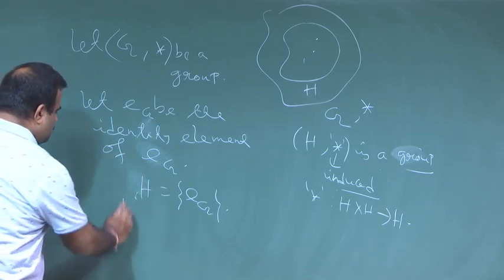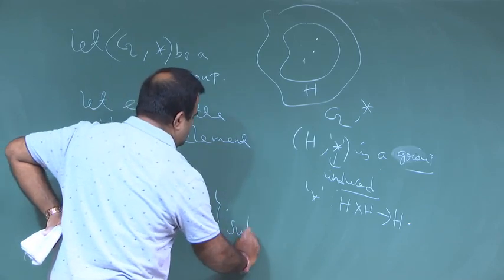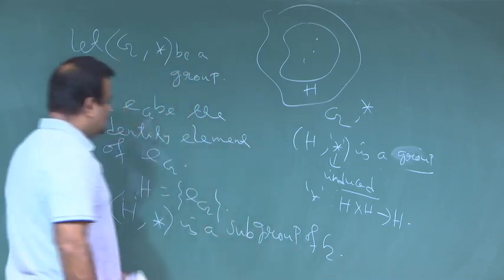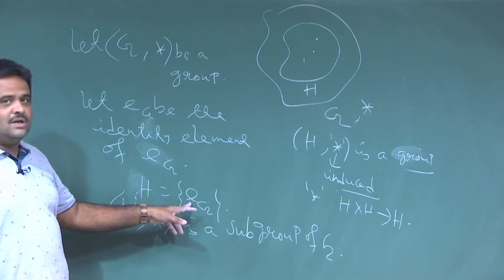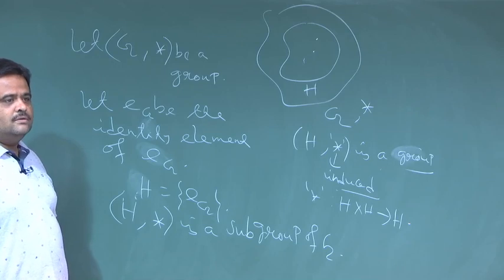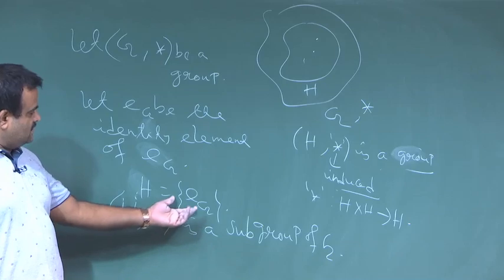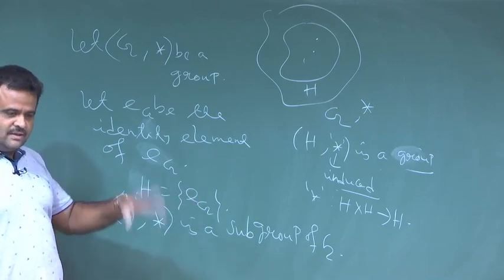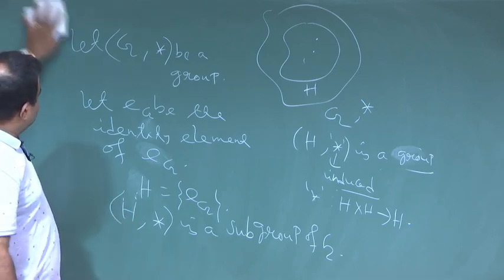Then this is a subgroup, this along with this star is a subgroup of G. We can easily check that, because the closure property is satisfied. If you take this star, this, it is itself. Associativity is also okay, identity is already there, this is the identity. Then the inverse: the identity element has its own inverse, I mean it is its own inverse. So, this is a subgroup. So, this is the singleton subgroup.